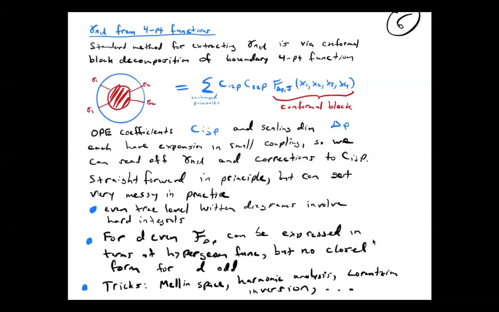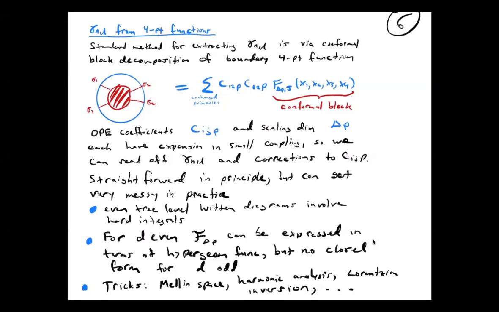If you have weak coupling here, you can just expand everything in sight in terms of your small coupling. So the OPE coefficients have some expansion in terms of the small coupling, and the operator dimensions, the Delta_P's here, will have some expansion. So you expand everything and do perturbation theory on both sides and compare. And you can read off the data. So again, in principle, that's extremely straightforward, but in practice, if you just do this completely head on, it's extremely